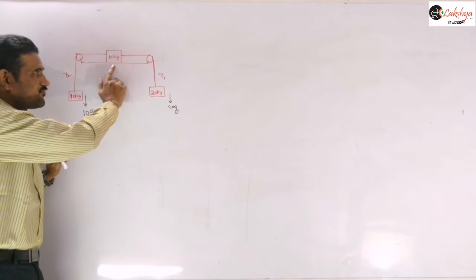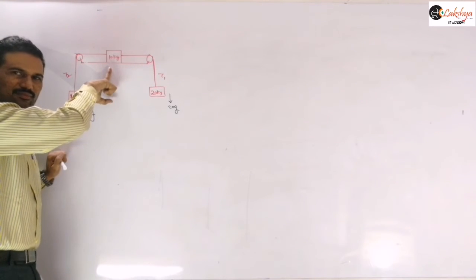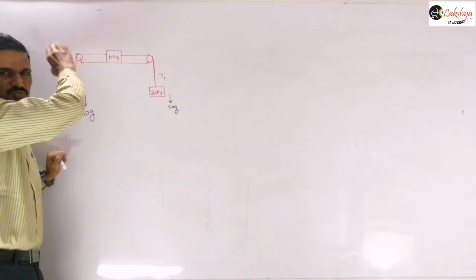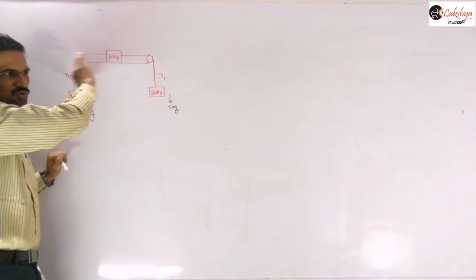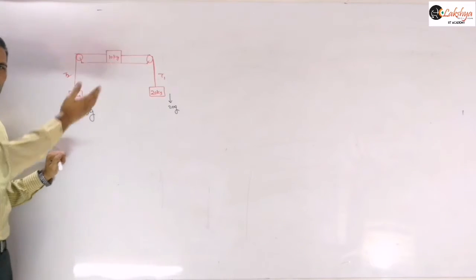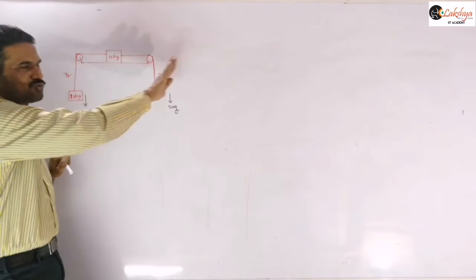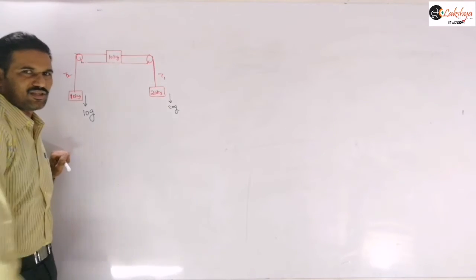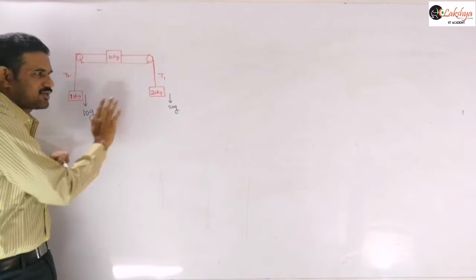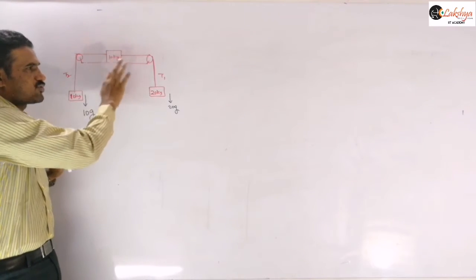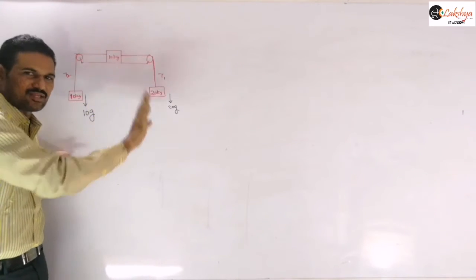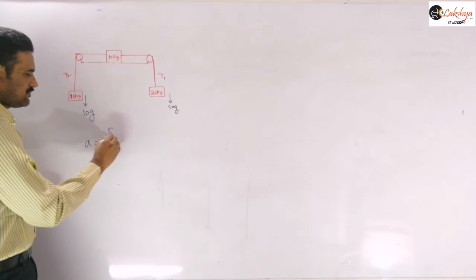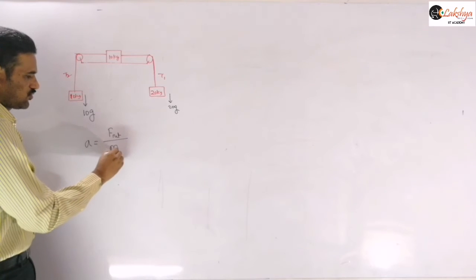Is there any role of the weight of this 10 kg block here? There is no role, because this 10 kg weight is balanced by the normal reaction, as that block is moving only in the horizontal direction. It can move either towards right or towards left, depending on these blocks' masses. In this case it will move towards the right, so there is no acceleration in the vertical direction, and no role of the weight of this block. There is no accelerating force from it, because only through tension it will accelerate. So now I am writing the acceleration of the system directly: the net accelerating force divided by the total mass in motion.